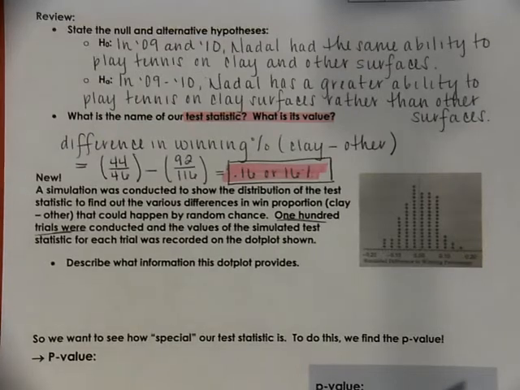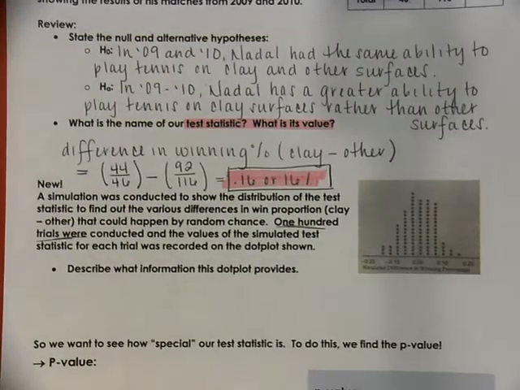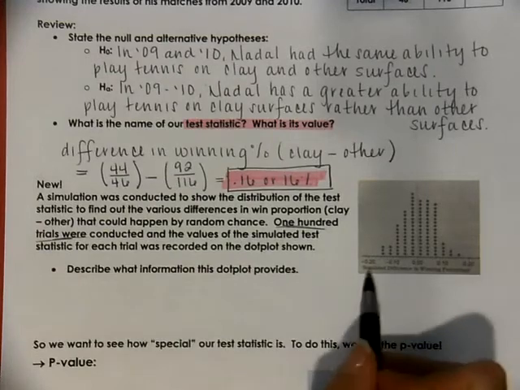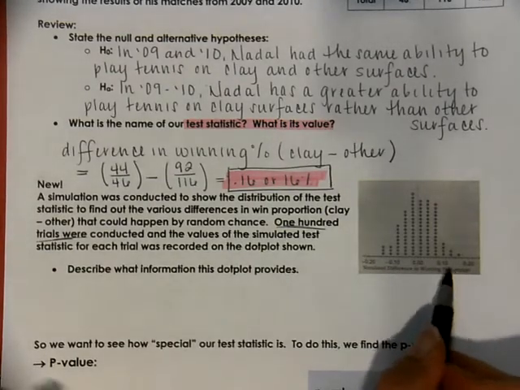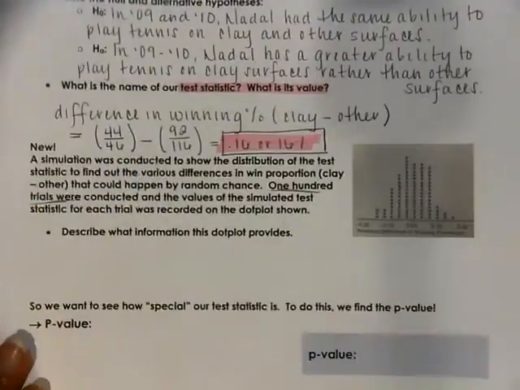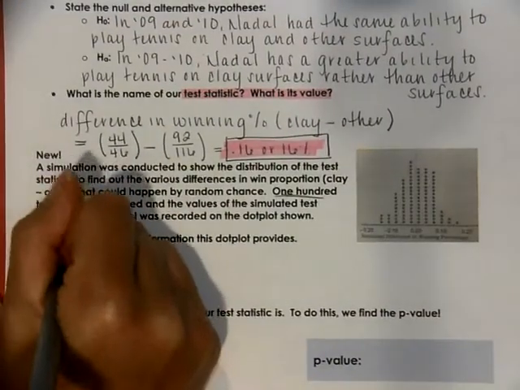So, describe what information this dot plot provides. Look at the label on the dot plot to help you know what it displays. It displays the simulated difference in winning percentage. So the dot plot displays